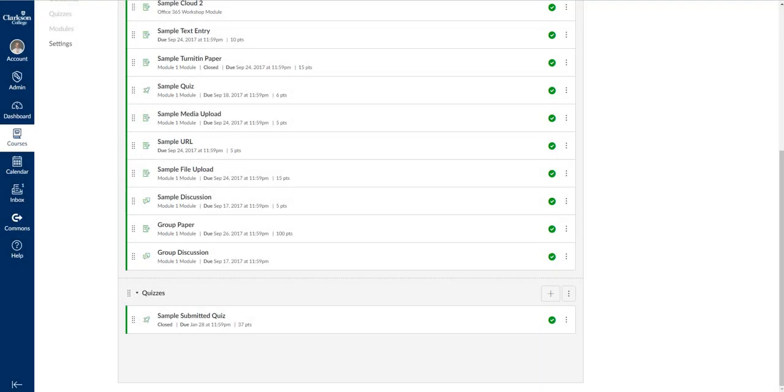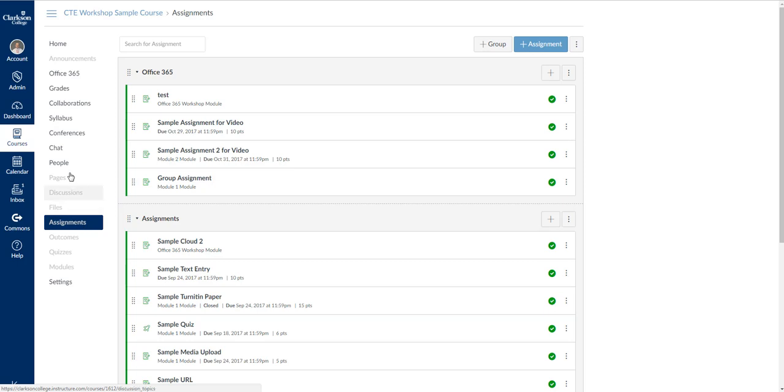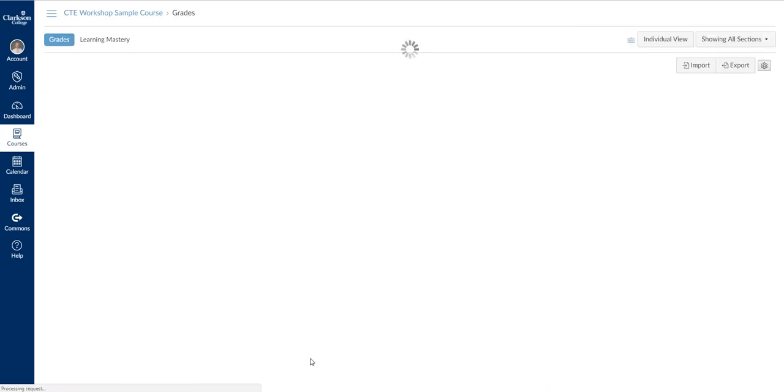Canvas offers you the ability to group your assignments into subgroups. This might be helpful if you're using weighted grade categories, but it's a nice organizational tool. So I could say I want all my quizzes in a quiz group, I want all my reflection papers in a reflection group, I want all my discussions in a discussion group. So it's organized on your assignments page, but it also, if you go to the gradebook,